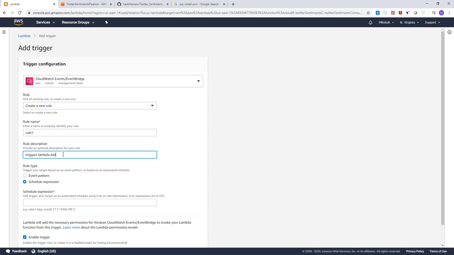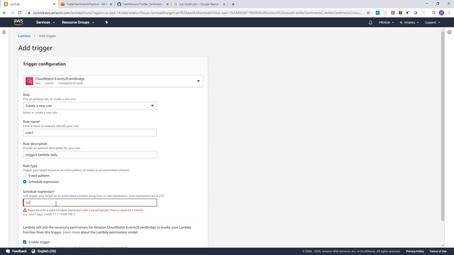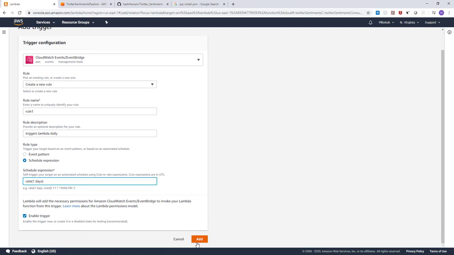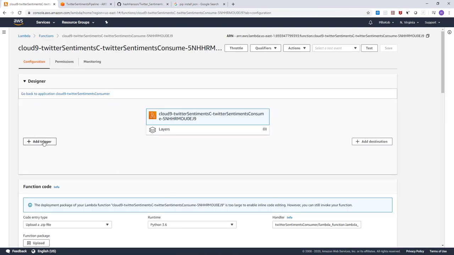daily, and then you use the expression, and an example of the expression is down there, so you could do rate 1 day and enable trigger, and then you can add it. I don't want to do that, but just adding the trigger is going to create it, right? I don't want to do that, so I just want to cancel